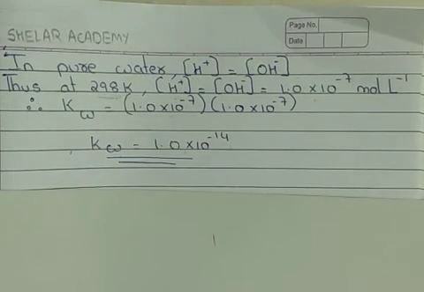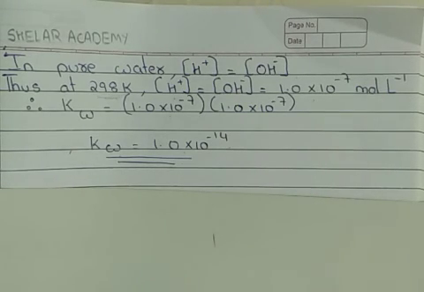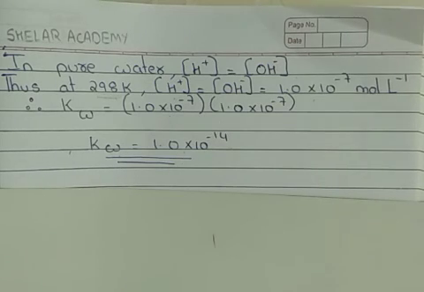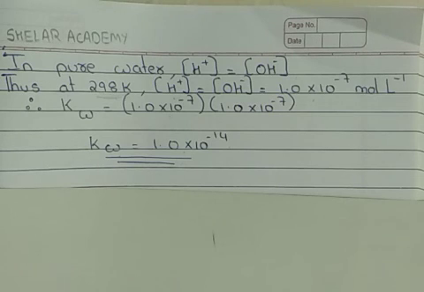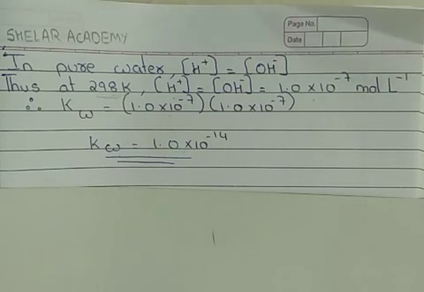So that is what we have done for today's class. In today's lecture, I introduced you to the classification of acids and bases as weak acids and weak bases, strong acids and strong bases. After the classification, we did what is acid dissociation constant and what is base dissociation constant. Then we applied Ostwald's dilution law for both weak acids and weak bases. We did numericals based on that. After that, we did auto-ionization of water and calculated the value of Kw at 298 Kelvin. That is what we have done for today's class.